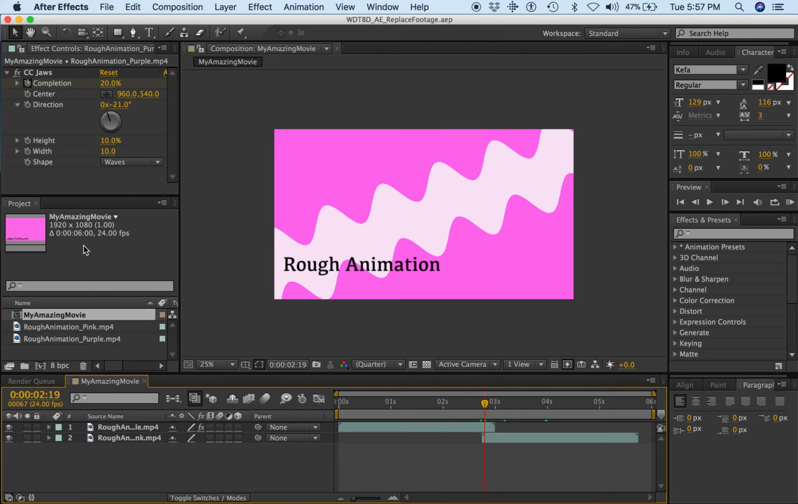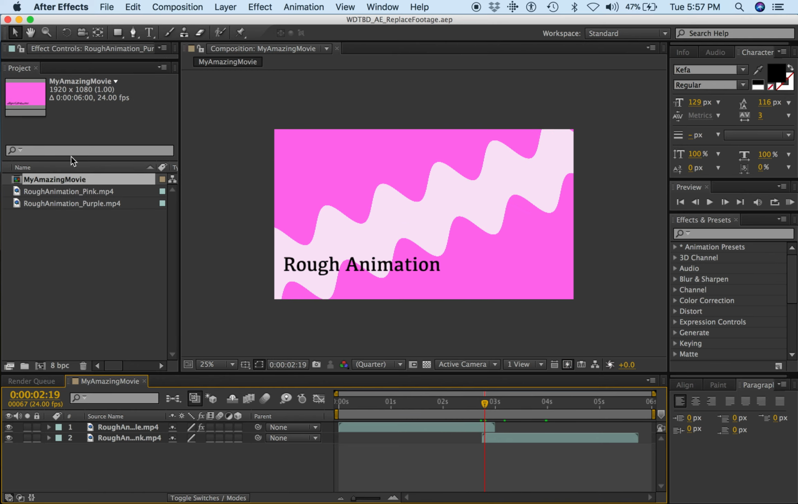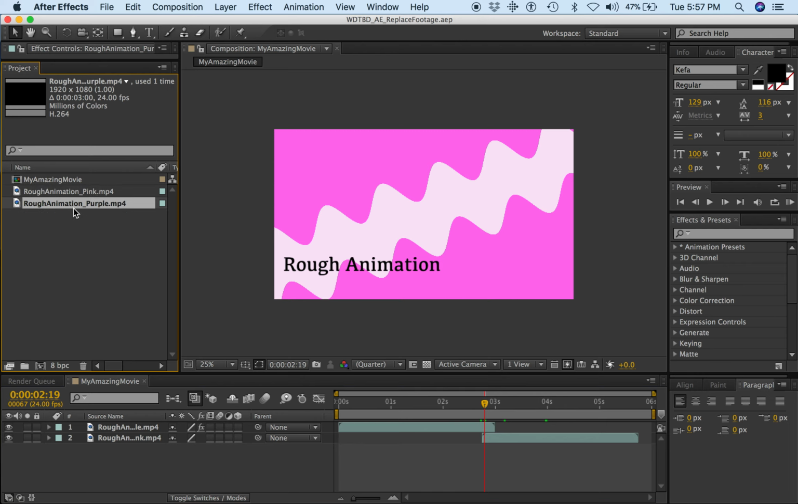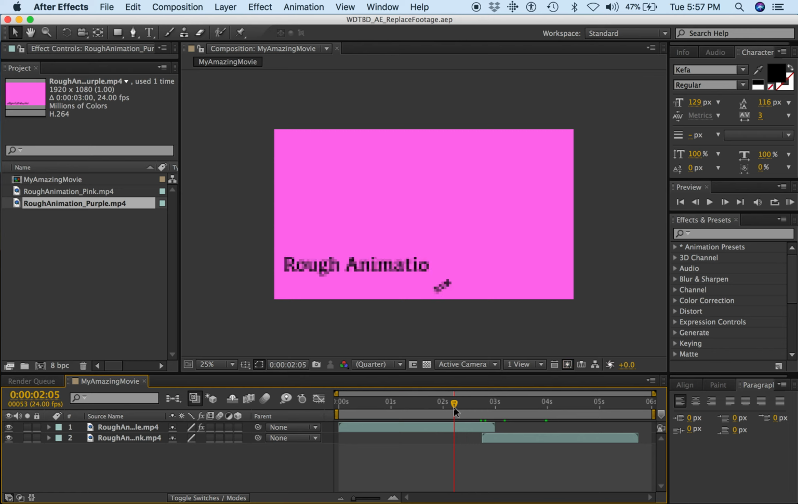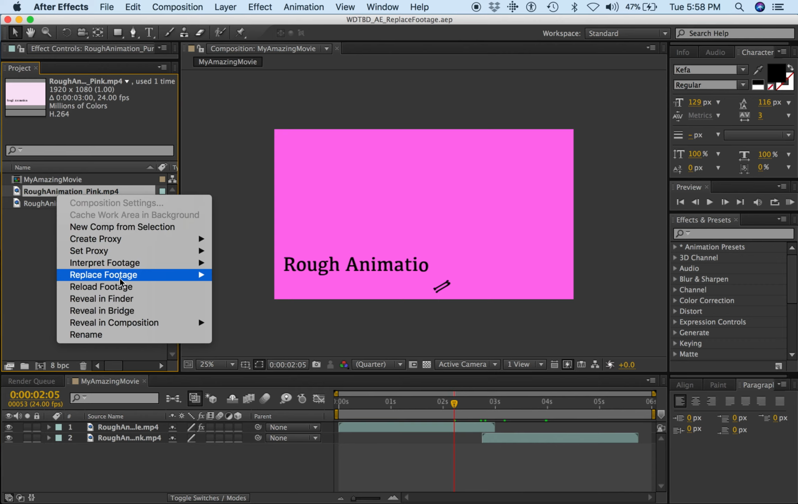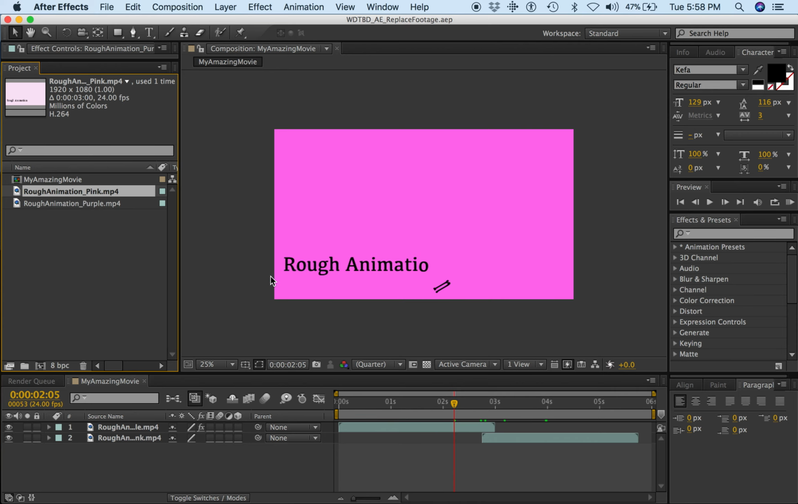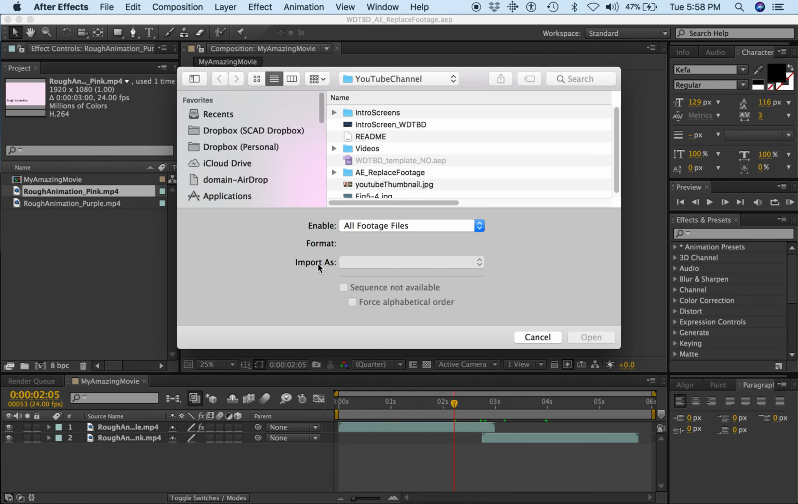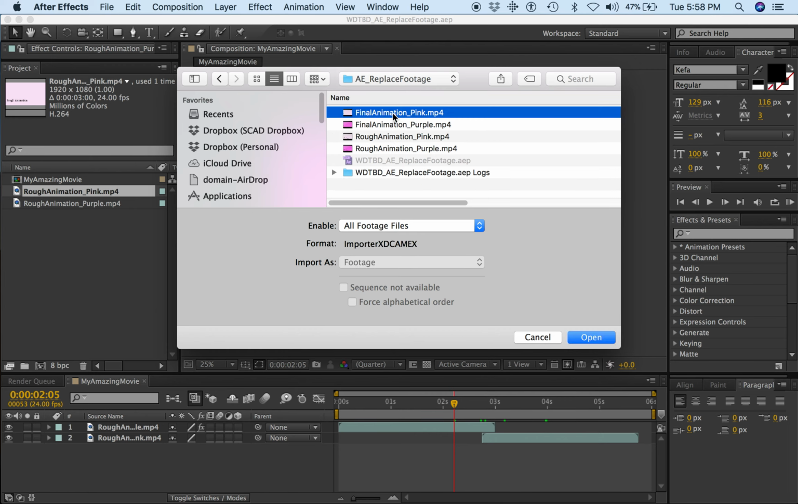All I need to do is come here to Project, and here's my rough animation for my pink and my purple, and I'm just going to replace it. Now I'm making sure everybody stays at 24 frames a second. So on this one for pink, I'm going to right click, replace footage, and this is how you can find lost footage as well, or go find my final pink,